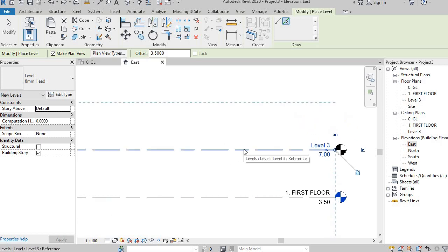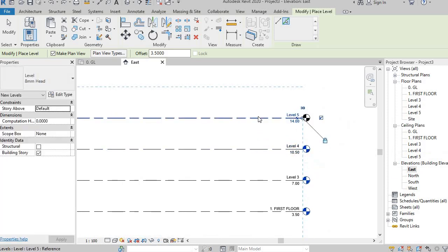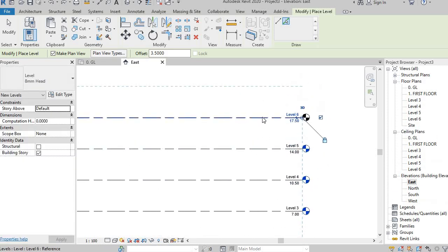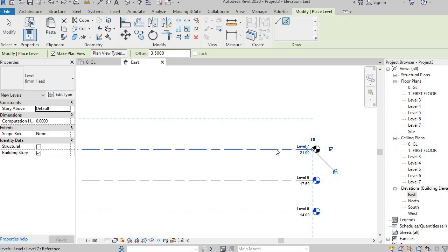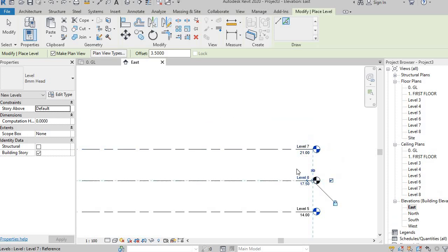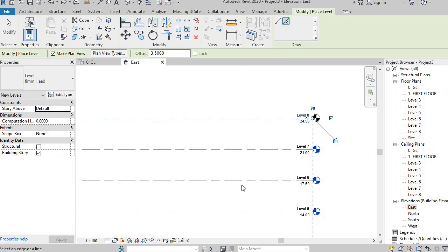Here again I'll create one more. Similarly, if you need n number of floors, you can just keep on clicking. See, instead I have created a level 7 here. If I by mistake do this, you can see that level 8 is created here. To avoid that, you need to make sure you click above the level. So this is how you create